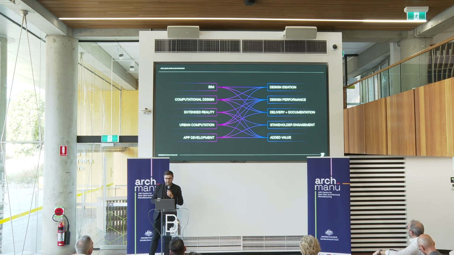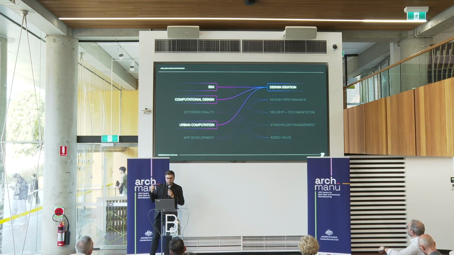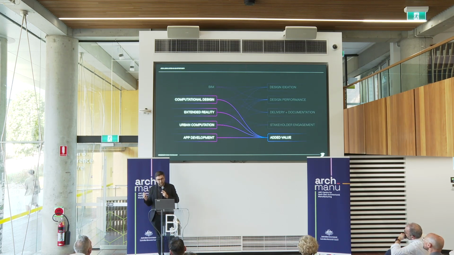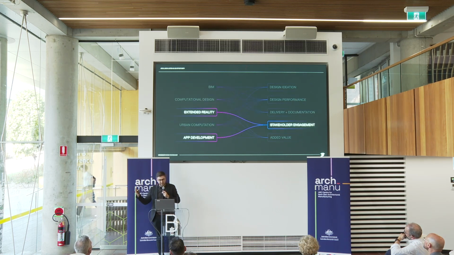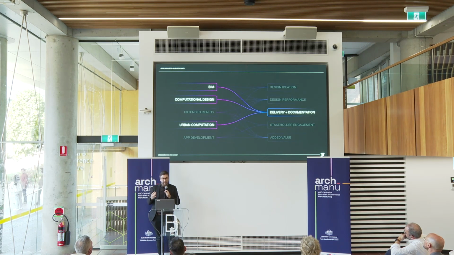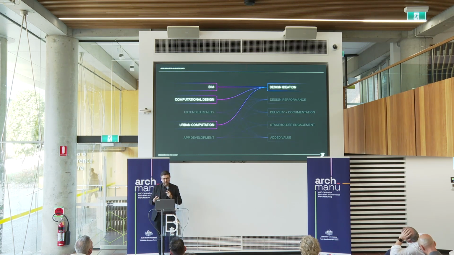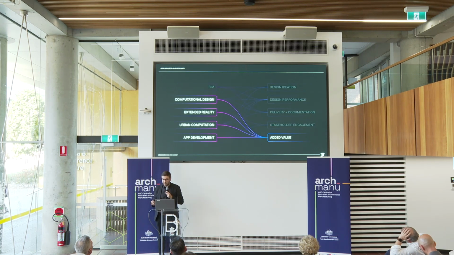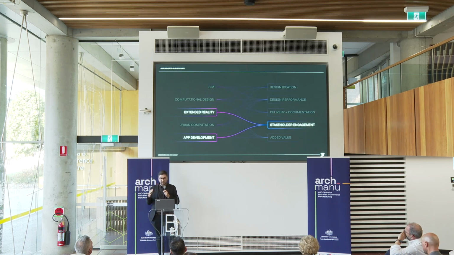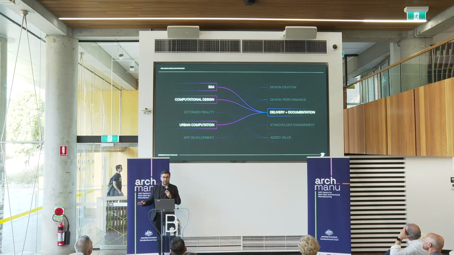The design technology teams know what is possible. A design team knows why they need that technology in the first place, and they know how it will enable and augment a project. And so what we start to do is we move from a technical and program-based language, whether it's BIM, computational design, extended reality, etc., to an impact and outcome-based lexicon, such as ideation, performance, and engagement. And in doing so, we start to really see the benefits that this unsiloed approach to technology can bring. By allowing an open dialogue and cross-pollination of expertise between specialisms, we start to see how DT as an overarching function can enable project teams.